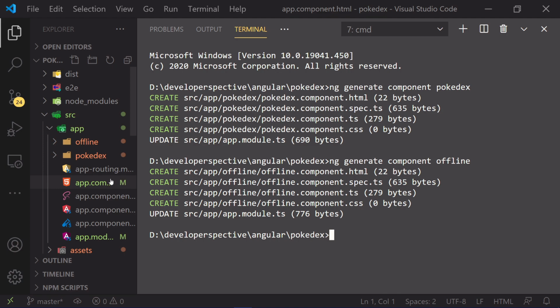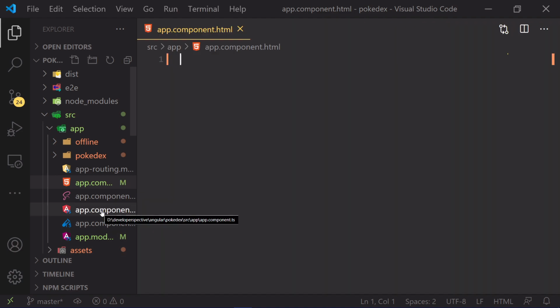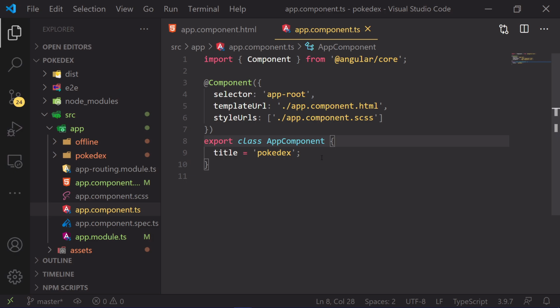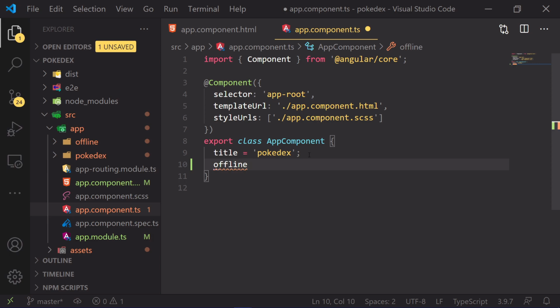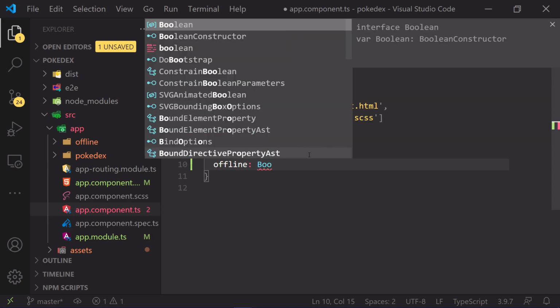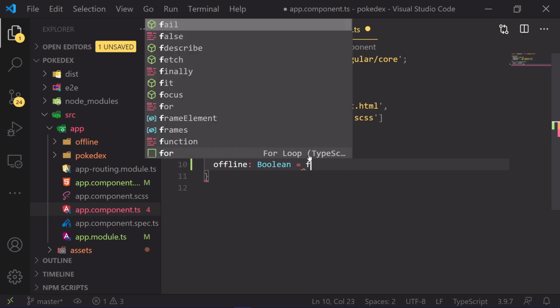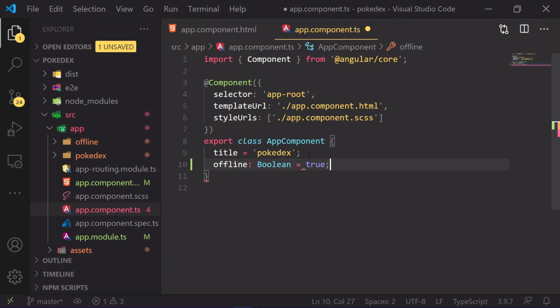Now let's add the offline-online feature which we are planning to add. For that you need to go to app.component.ts. In app.component.ts, let me create a variable named offline, and this would be a boolean type, and by default it would be true.